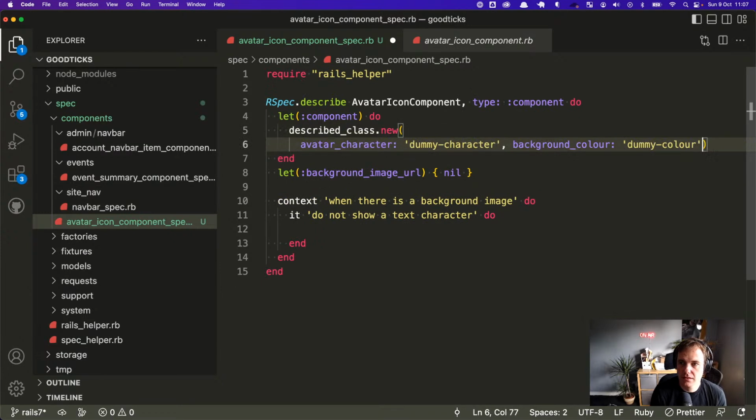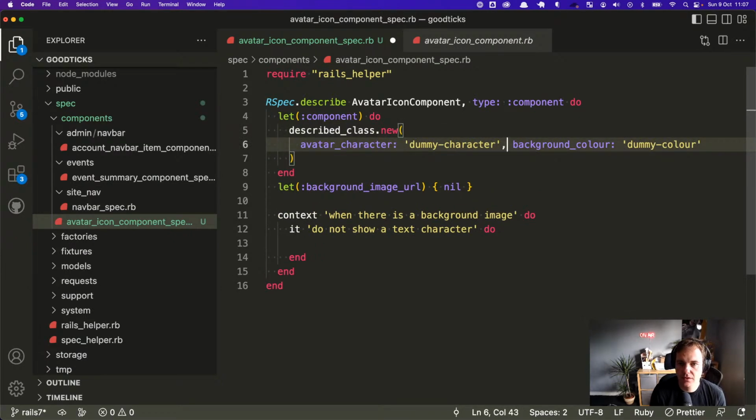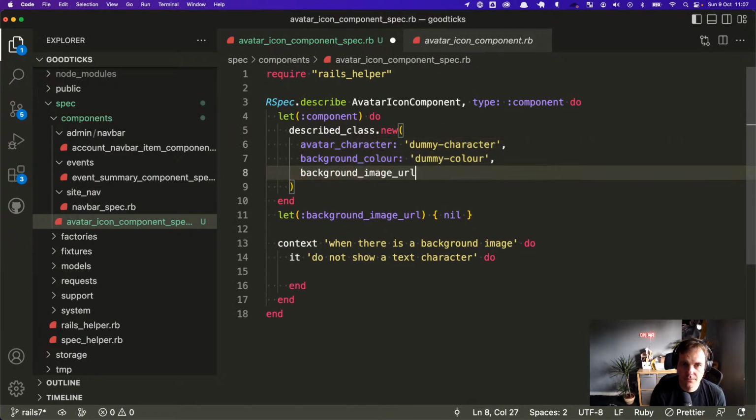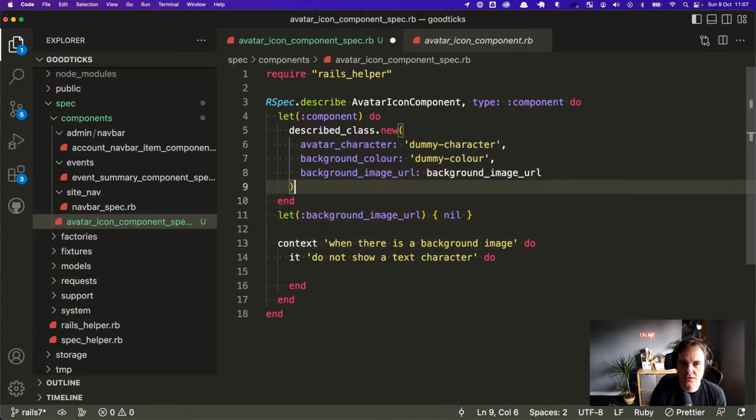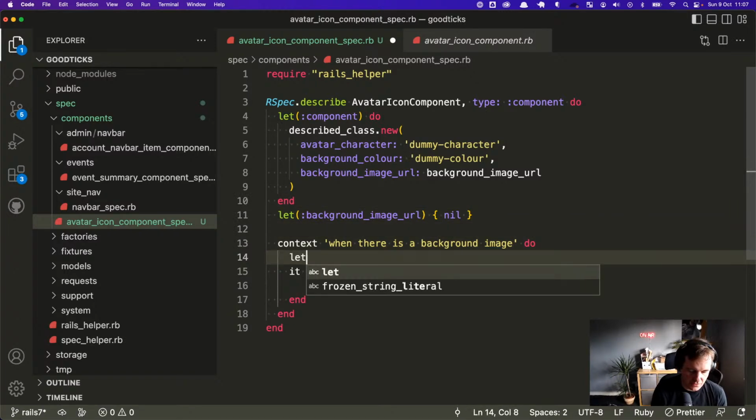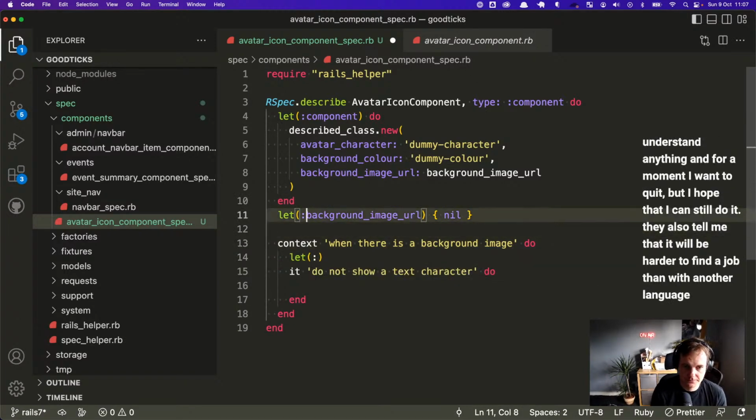Just wrap these to save it going off the screen. I don't think it's that long, but because we're zoomed in quite far. I guess you could do all three of these as kind of lets if you wanted to mess around with them. I don't know if this is good or not. So here we could then do